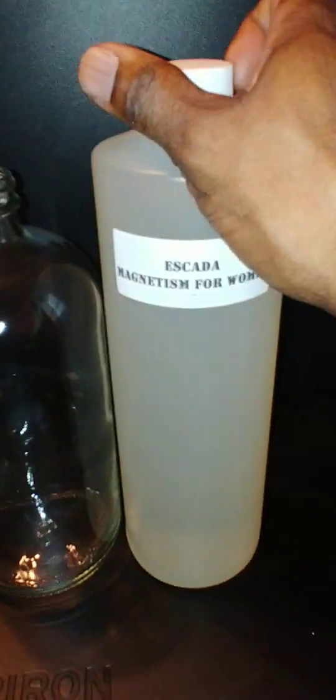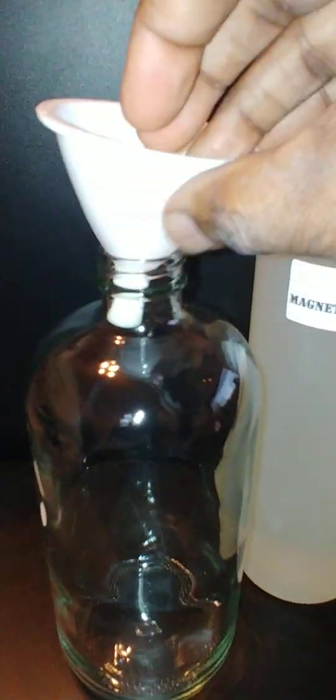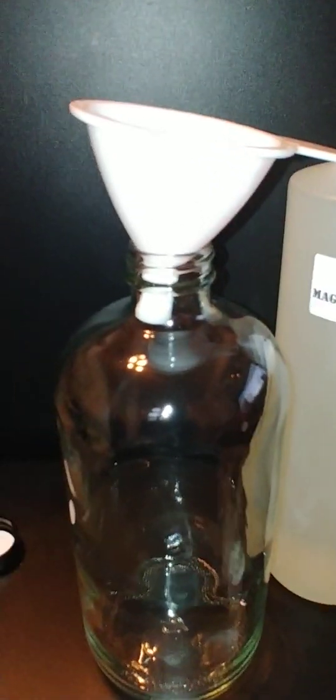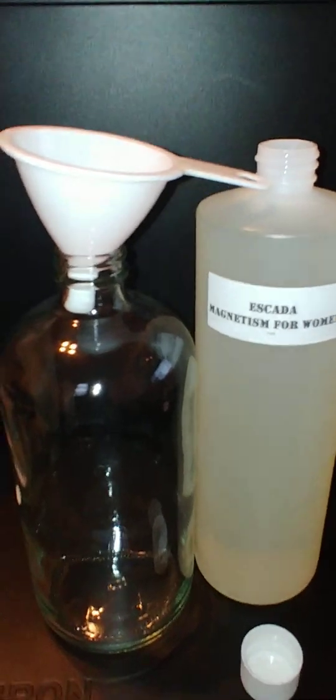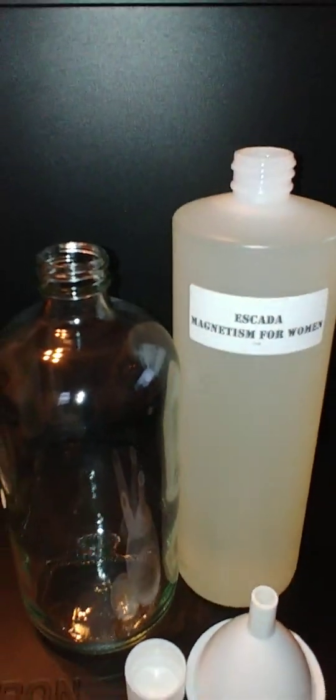So what we're going to do, we're going to prepare this. A little funnel right there, like this. And what we're going to do, this is a 2 pound bottle here. For people who don't know what I'm doing, I'm quite sure there's a lot of questions asked. Why do you pour it from a plastic bottle